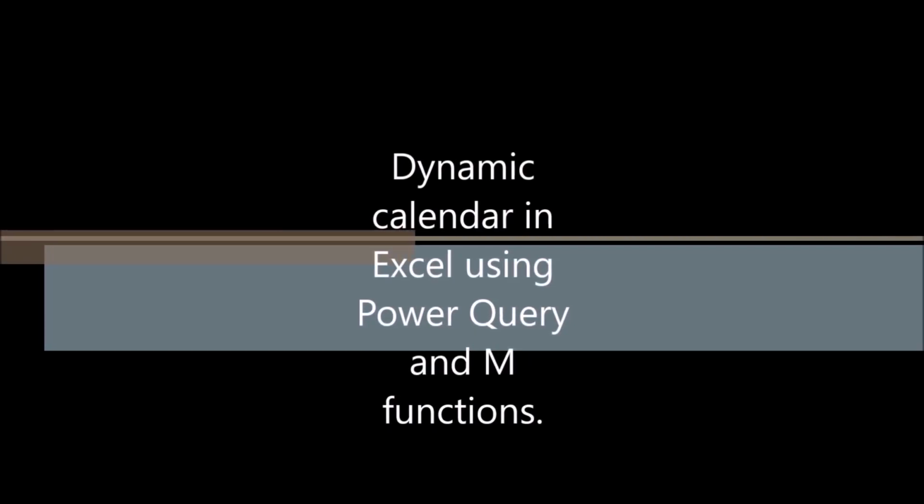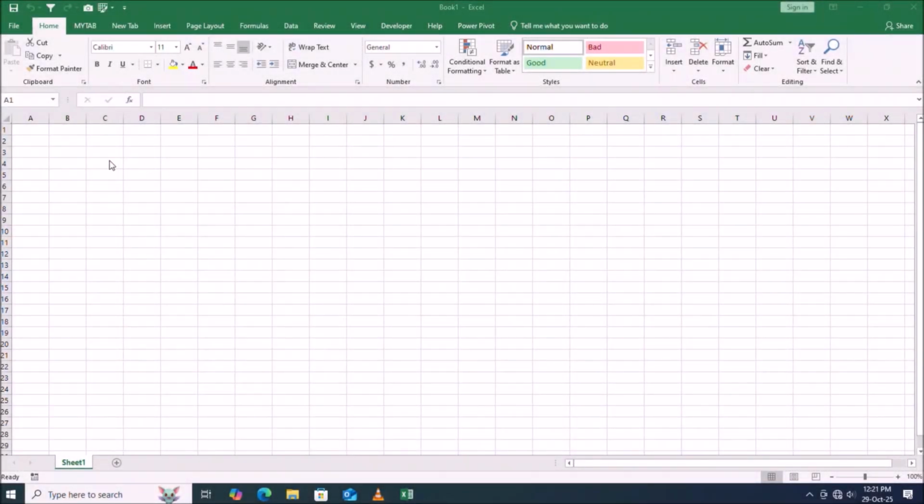Hello friends, I have created a dynamic calendar in Excel using Power Query and M functions. This calendar automatically generates a list of dates between the start date and the end date defined by the users. To build it, I use the Number.From function in M language, which converts the date values into numbers for easy